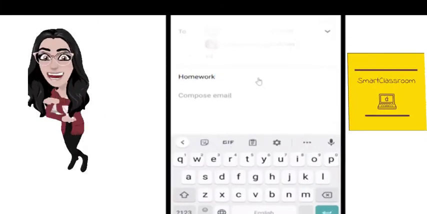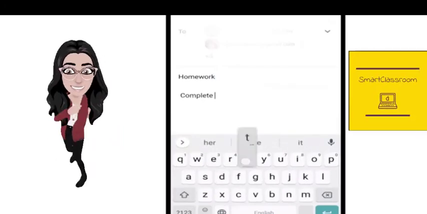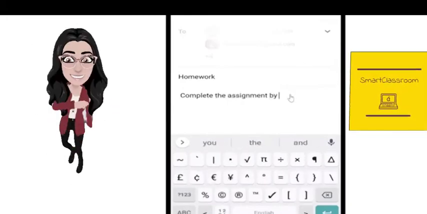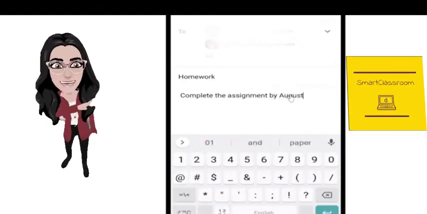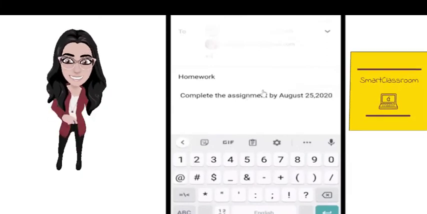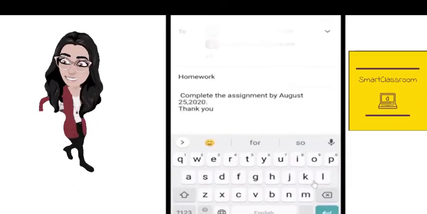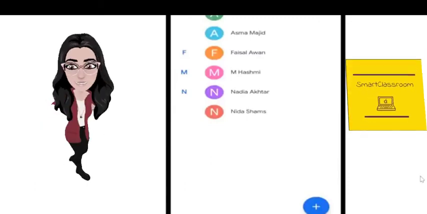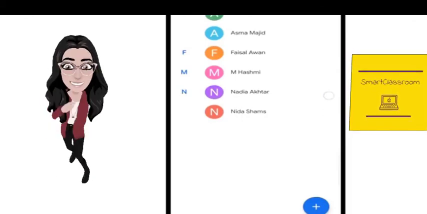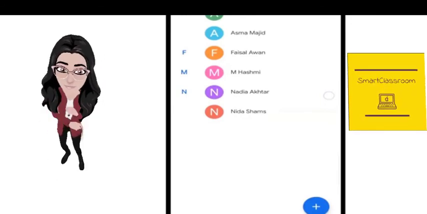The teacher can write the agenda in the compose email section. The teacher can attach files, various files, PDF, Word file, Excel file, any images. Or we can paste the drive links here for heavy files as well. So this is a functional group from a teacher to students for English language teaching purposes. Here we go. Send it, and that's all. So this was how Gmail can be used for English language teaching purposes easily.